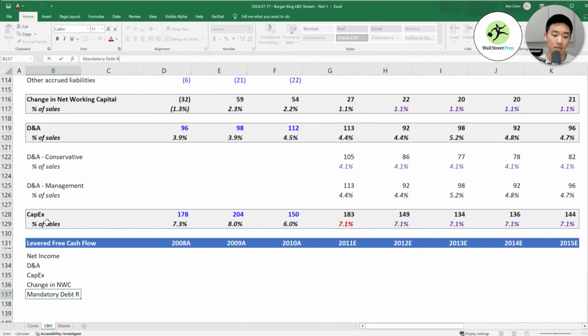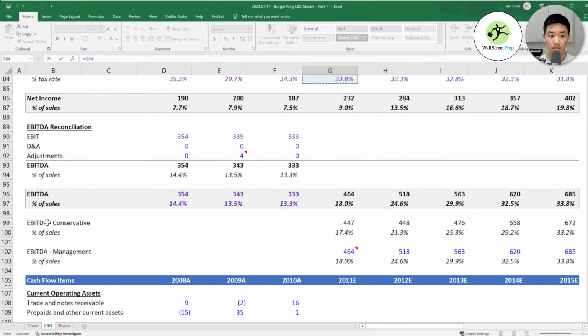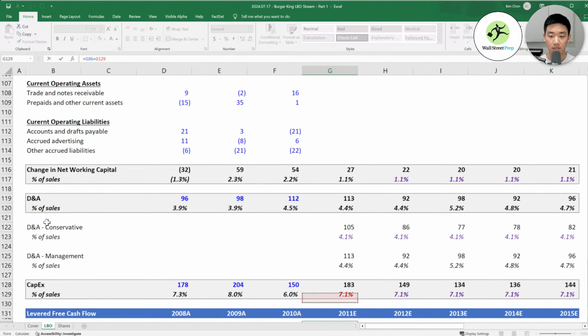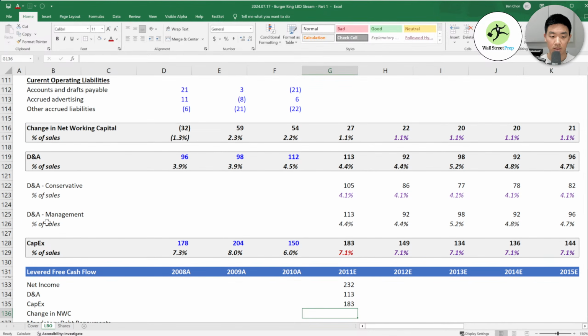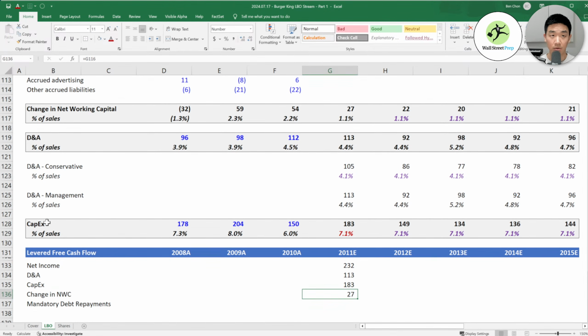This is something that we are going to add to our next model, but for this one, we're not going to. So net income, you can scroll all the way up here. Net income is there, D&A here, CapEx here, change in net working capital here, mandatory debt repayments I'm going to put as 0 for now.